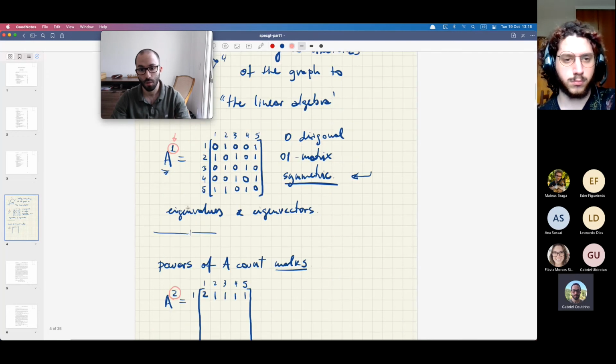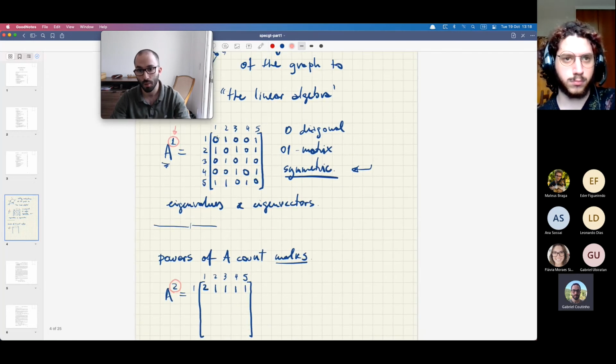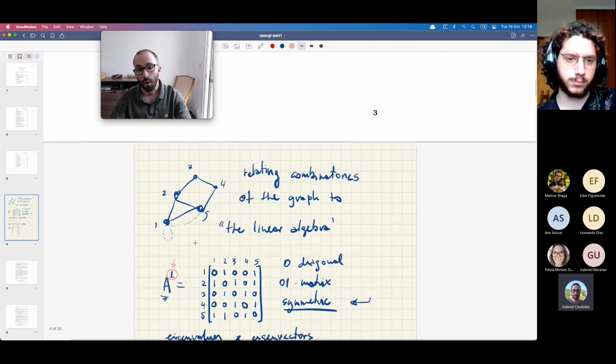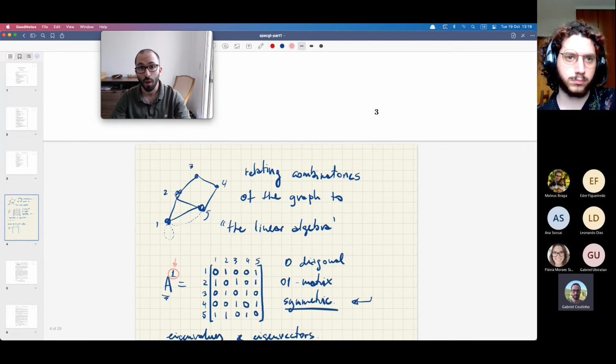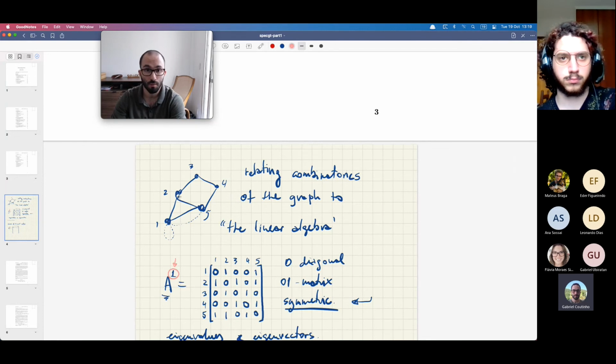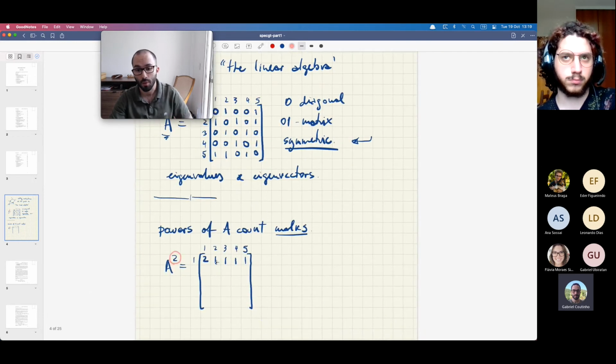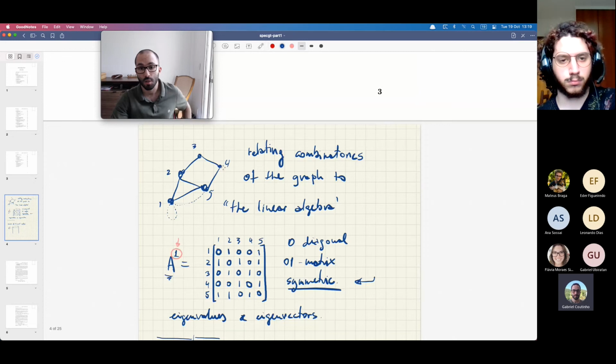And each one of these ways corresponds exactly to the 2 ways the first row hits the second column when I perform this multiplication. Now from 1 to 2, there is exactly 1 way I can go in 2 steps, which is to go from 1 to 5 and then 5 to 2. And similarly for all the vertices of this graph, there's precisely 1 way I can go from 1 to them in 2 steps. And all those 1 ways are represented by the fact that this product here was actually equal to 1.